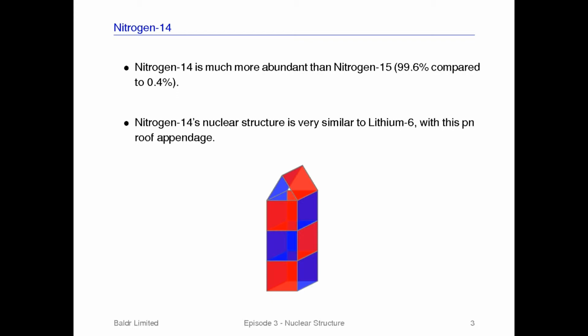In fact, what we find with these PM roofs is that they are only stable if they're attached to a single column that contains 3 boxes or less, i.e. nitrogen 14 is the heaviest isotope that this PM roof is stable on. Thus, it is only hydrogen 2, lithium 6, boron 10 and nitrogen 14 that actually contain an odd number of both protons and neutrons, while still producing a stable isotope, as no other appendages contain an odd number of neutrons